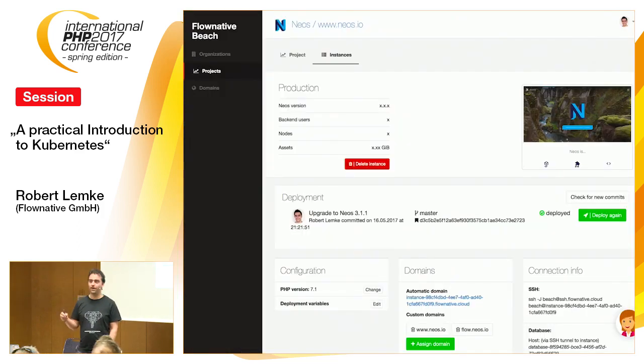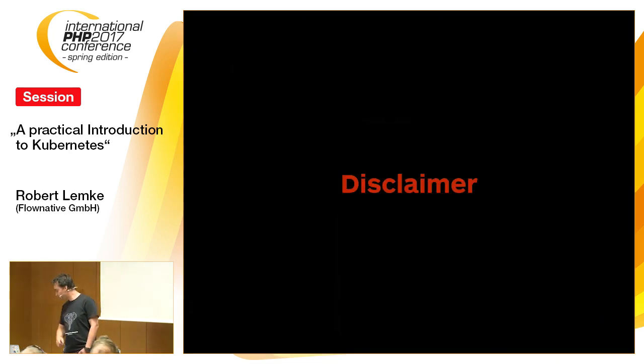And more specifically, why I'm so much into Docker and Kubernetes is that during the last 2.5 years, I've been working on a platform as a service for Neos, which isn't launched publicly yet, but I've been busy working with that a lot, with microservices and event sourcing and all that stuff in PHP, and also a lot with Kubernetes. So I'm nobody from the Kubernetes core team or something. I'm just a passionate user, but I think that's all fine to share my experience with you.